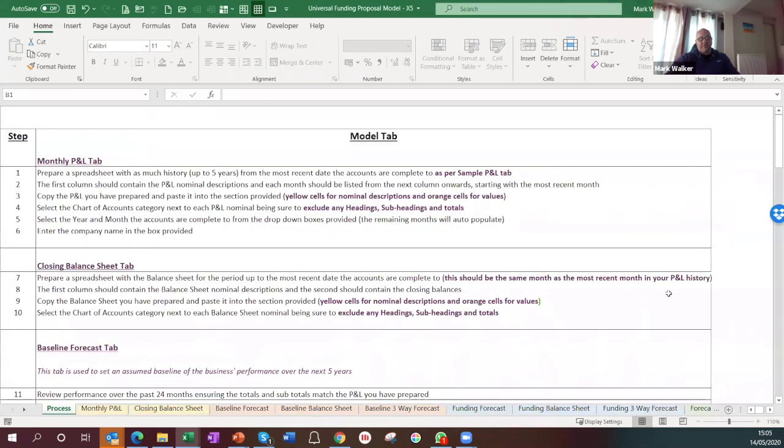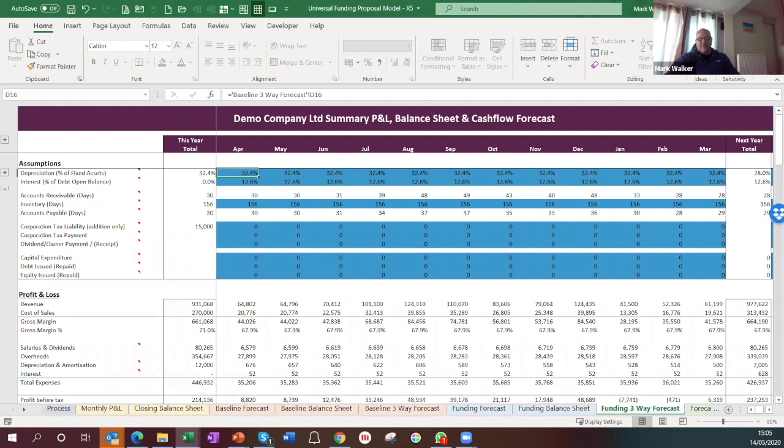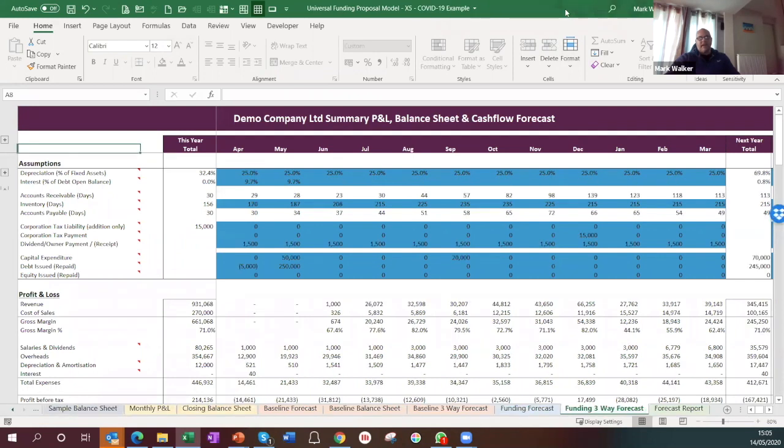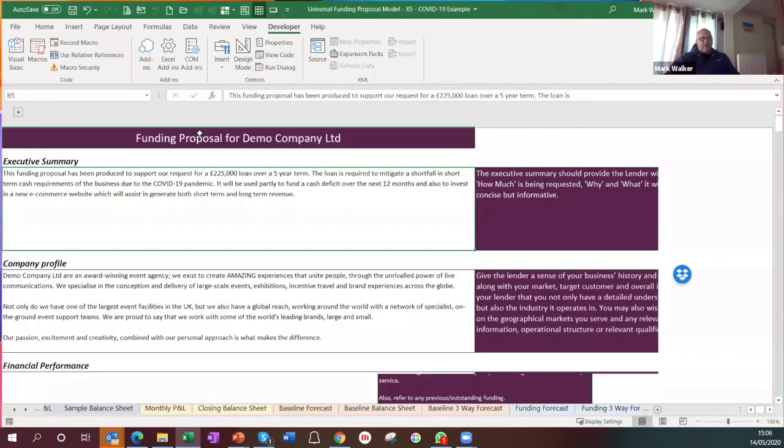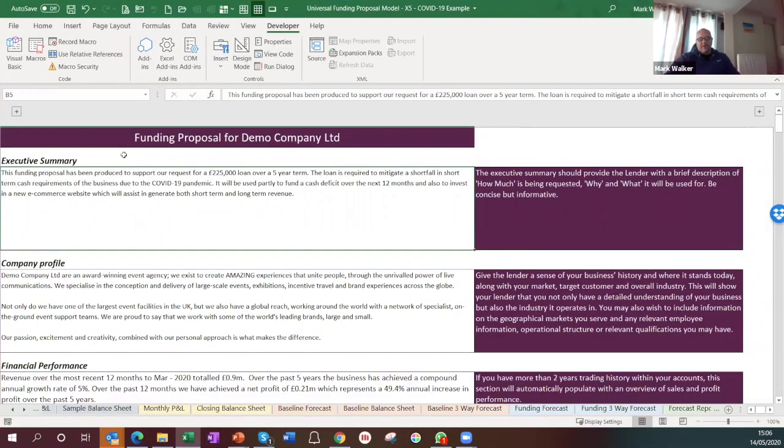just opening it up, that provides you with the functionality to create a funding proposal. So what I'll do, I'll just open that one up. So the button's there, it says generate funding proposal, and it essentially creates a document